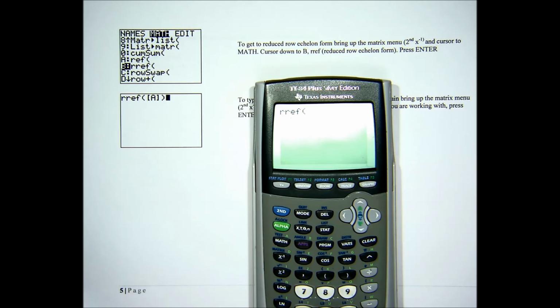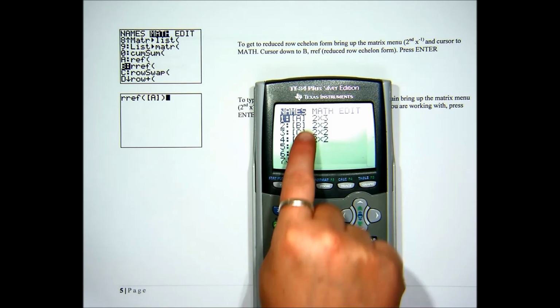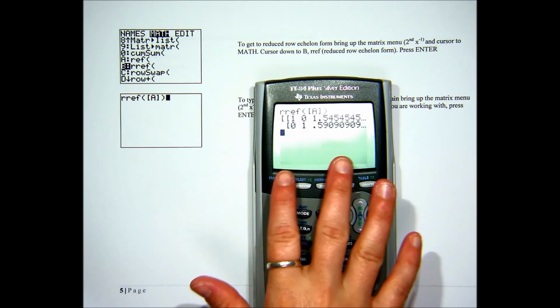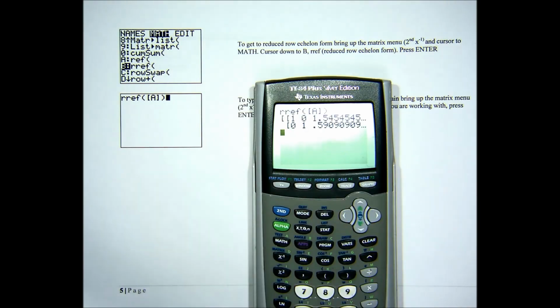I'm going to go back into matrix because now I've got to pick up the matrix I just made. Well, I pick up matrices under names. The one I just made was this 2 by 3 here. So I'm going to hit enter when A is highlighted. So now I have RREF of A. I'm going to hit enter, and notice that it's giving me decimal values. Let's say that I want to see fractional values. So hit math, fraction, hit enter, and enter one more time, and notice it spit out your answer as fractions,